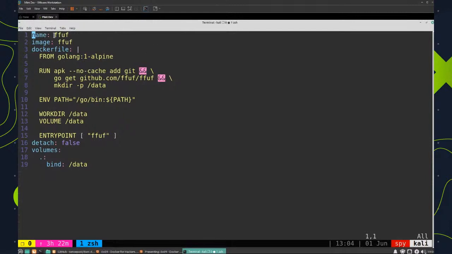So you can see the plans just have a name. It says this is the name of the image to create. And then there's a built-in Dockerfile. So you can see it's using Golang, the Alpine version, so it's tiny. And then it's doing APK. It's doing all the things to make the resulting image very small, so no cache, doing all the things in one single RUN command, so there's only one layer being added. It's setting an environment variable called PATH. It's changing the work directory, so we haven't spoken about that, but it's basically